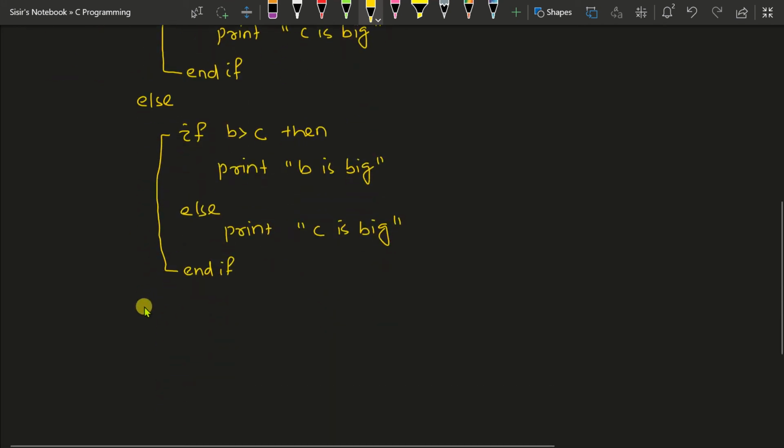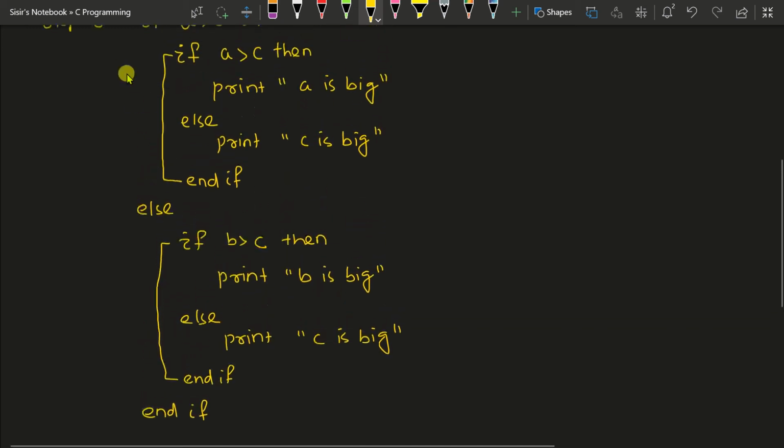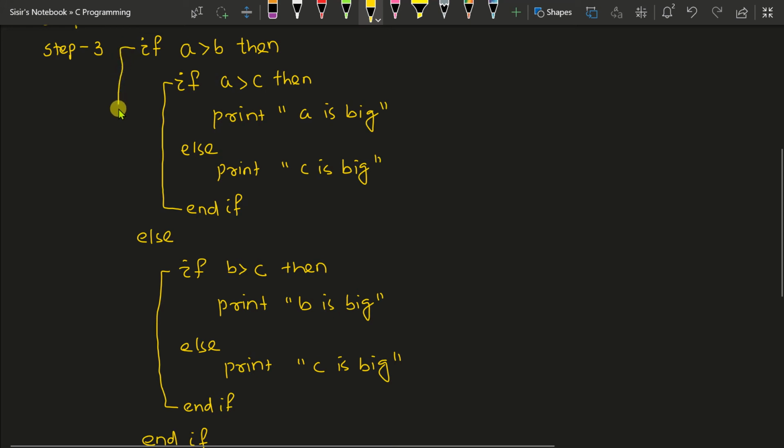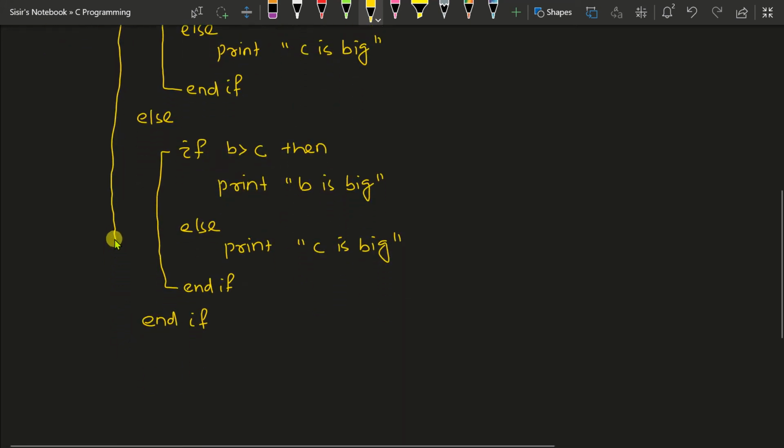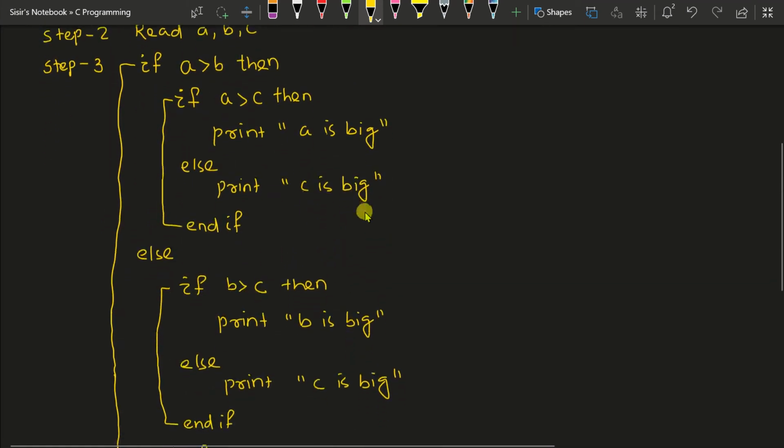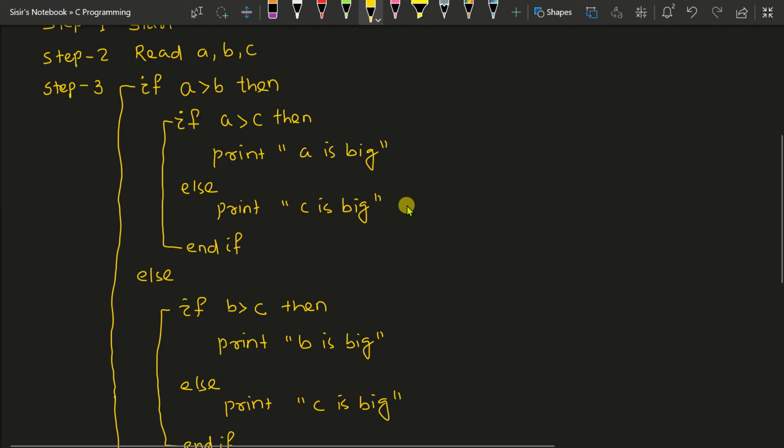Now we have to write again end if to mark the end of the outer if statement. So it will be started from here and it is ended here. Right? See, understand it properly. And this is quite a good example of showing an if else statement. And most probably this type of question will come in your exam frequently in BTech courses or BCA courses particularly.